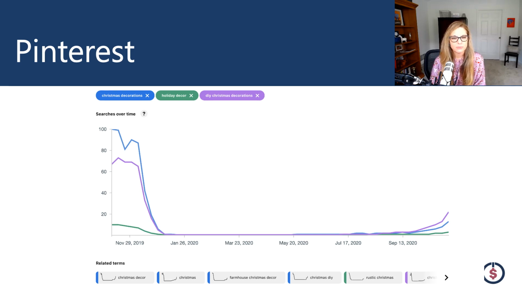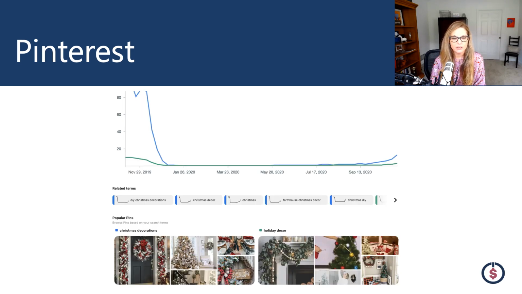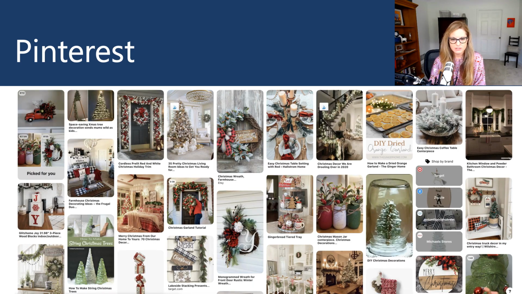You can use it. The other thing that it has at the very bottom is popular pins that are populating the search results for those terms. So Pinterest is telling you these are the pins that we think are representative of those search terms. When you click on that for Christmas decor, Pinterest is telling me this is what we think is relevant for Christmas decor. So you can use that